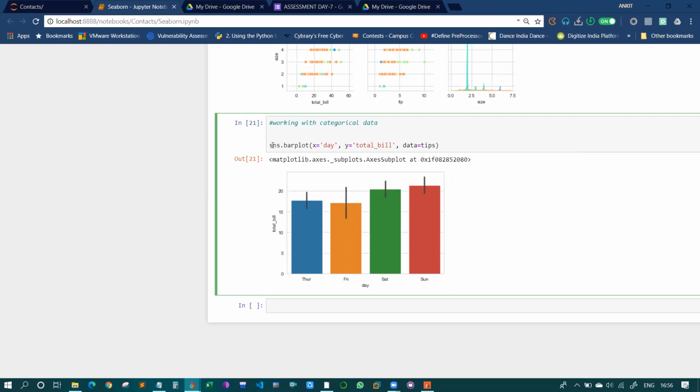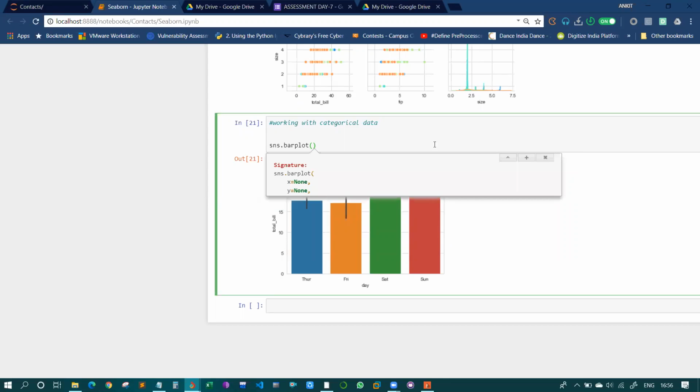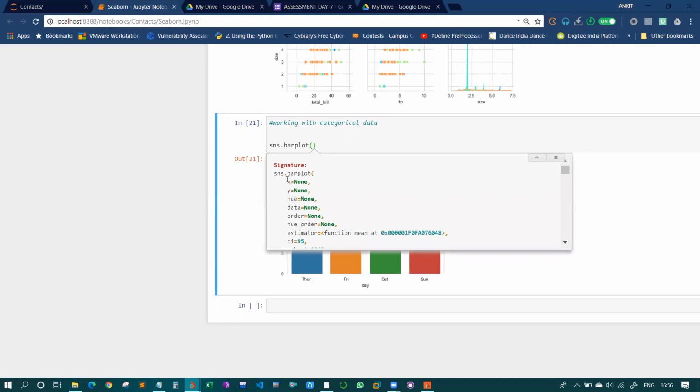Suppose you don't know what things to mention inside this bar plot. Just take your cursor inside the pair of brackets and press shift and tab. This will give you one box. Click on the plus button, expand it, and it gives you the signature. By default you need to mention these two things, but other things you can mention inside bar plot are hue, then data. Inside data you need to pass the name of the data set.